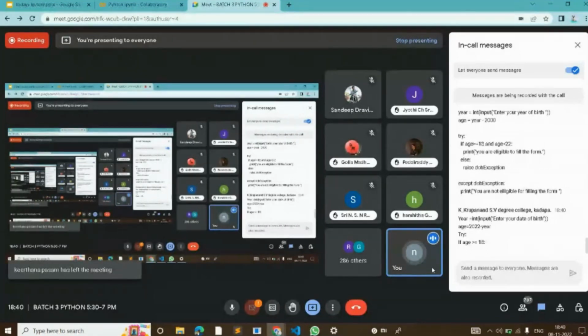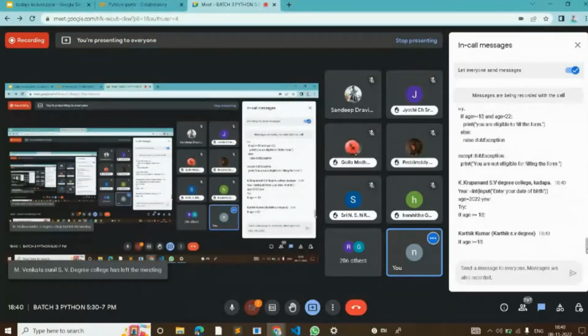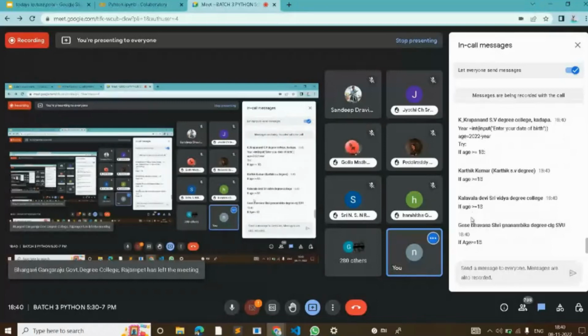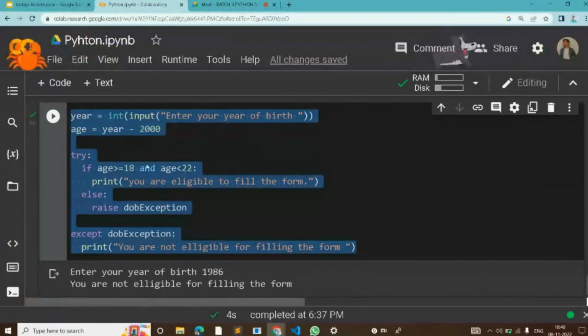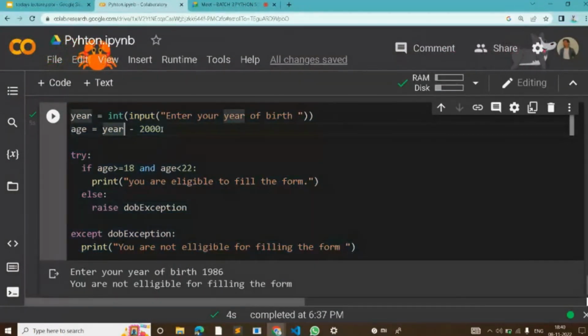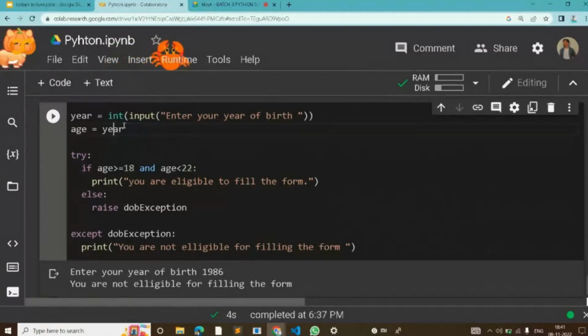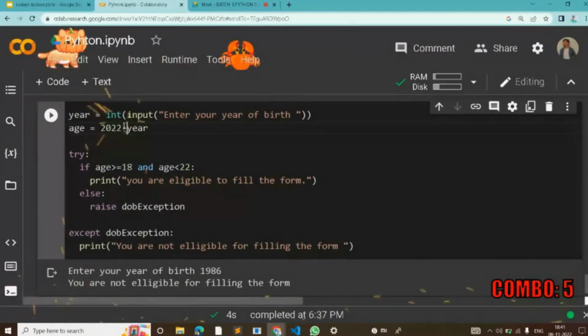If age is greater than or equal to 18, you are valid for the vote. Krupanan, your code is right. Karthik, please give me the whole code. You can change it like that. For example, over here, I'm subtracting this 2022 minus